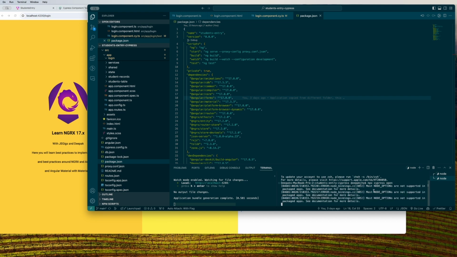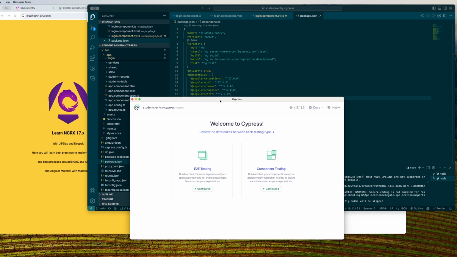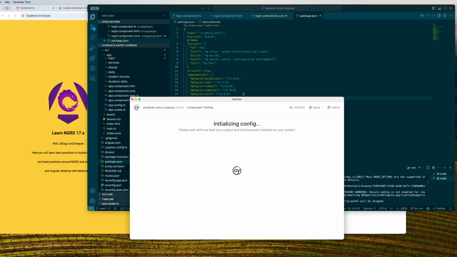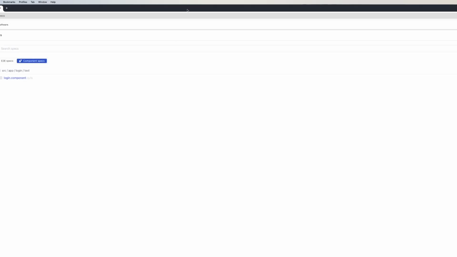So once you run npx cypress open, it opens up the Electron UI. In that Electron UI, it tells us what exactly needs to be done. That's something which we have already seen in the previous tutorial. So I'm going to be running the component testing, and once you click on it, earlier we had seen that it did not really open up any test case because we did not really have any. So now it's going to be opening one. So let me click on it, and once I click on it,